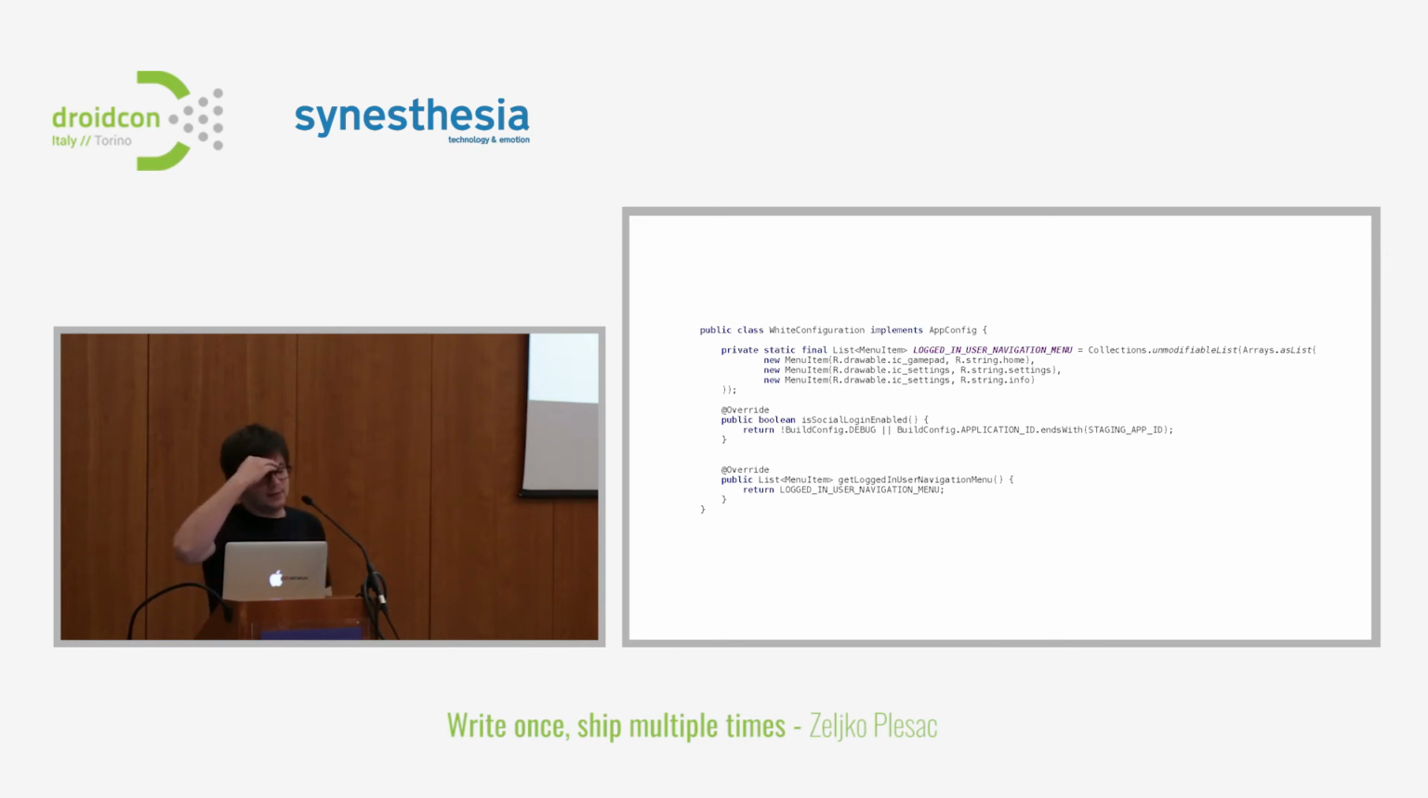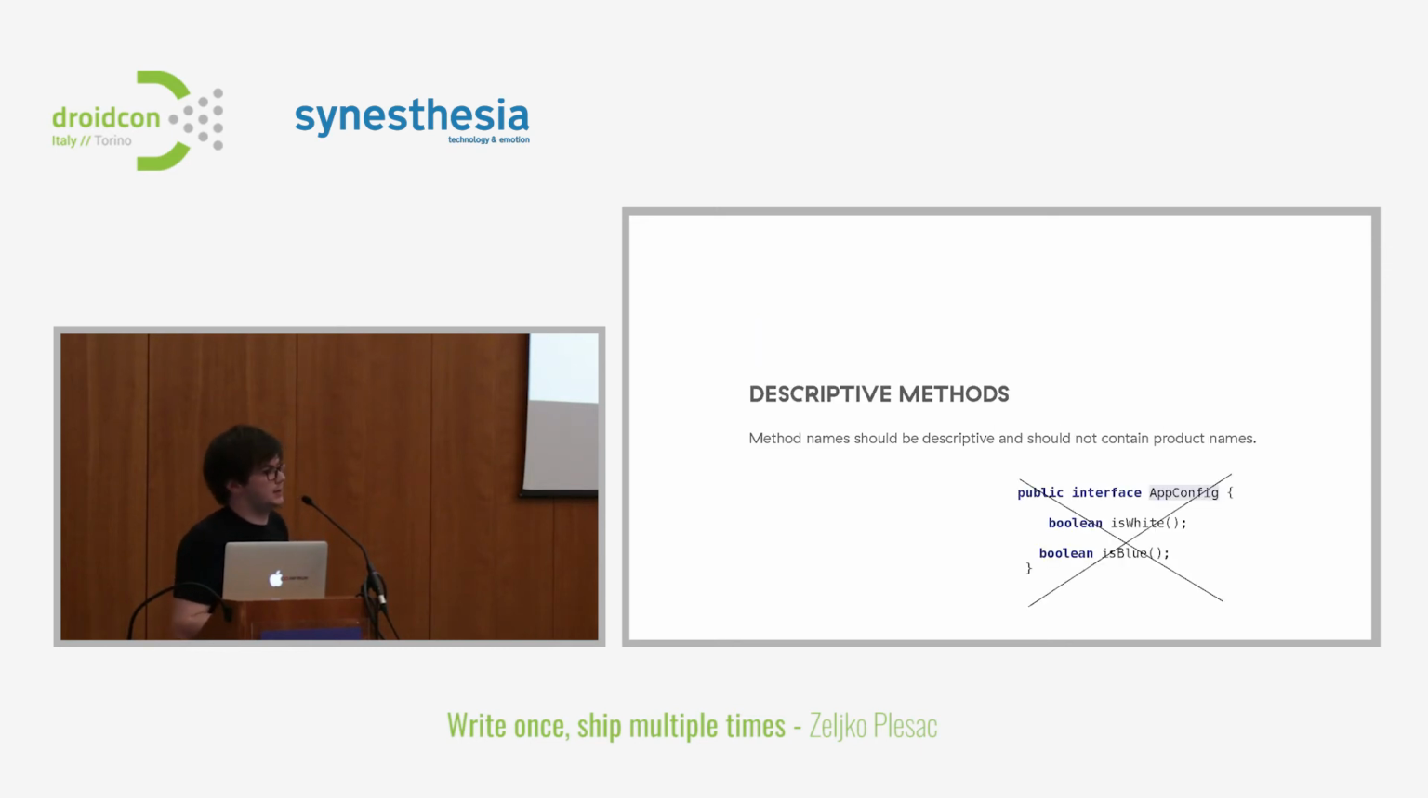For descriptive method naming, method names should be descriptive and they should not contain product names. The thing is that you want to ask yourself if a feature is enabled, or get me the data for this screen, and stuff like that. If you ask yourself, am I in product A, or am I in product B, or am I in product C, then use this flow, and if I'm in product D, E, and F, then use some other flow,